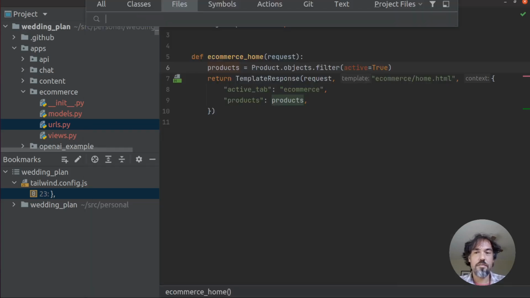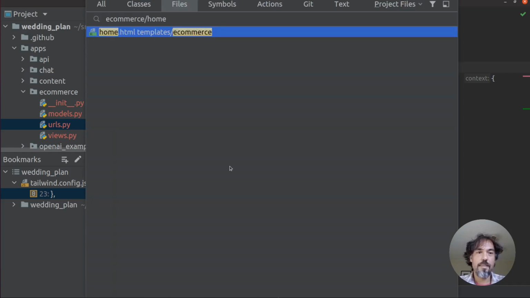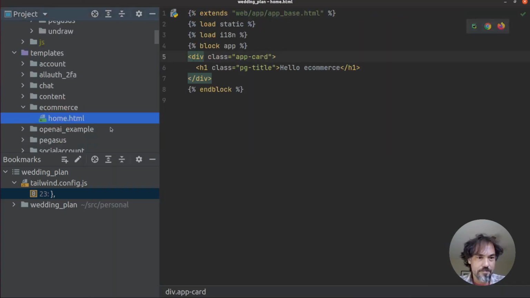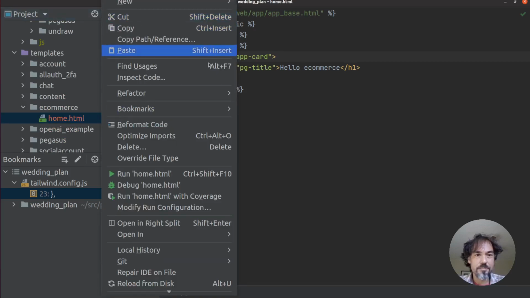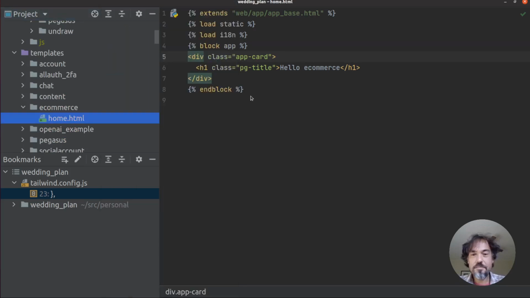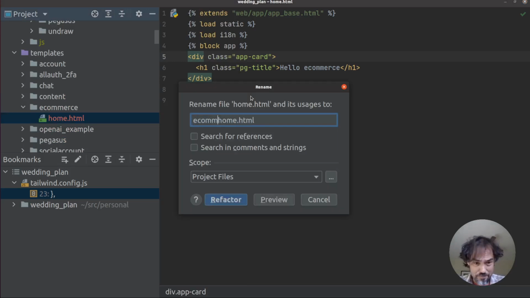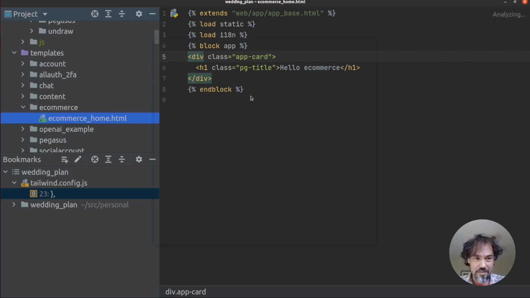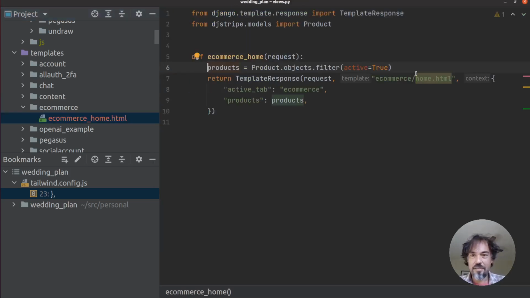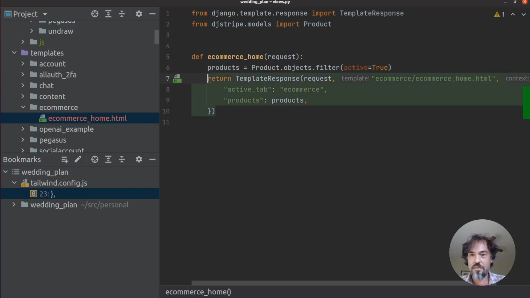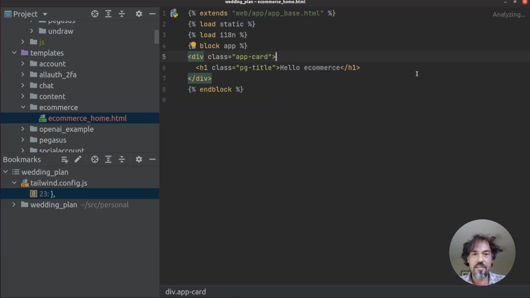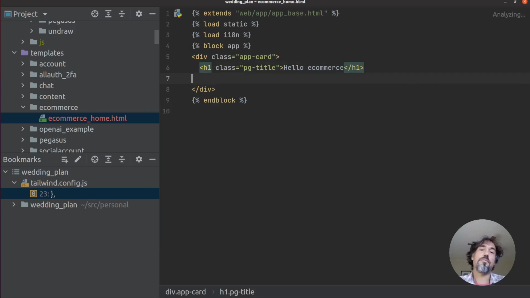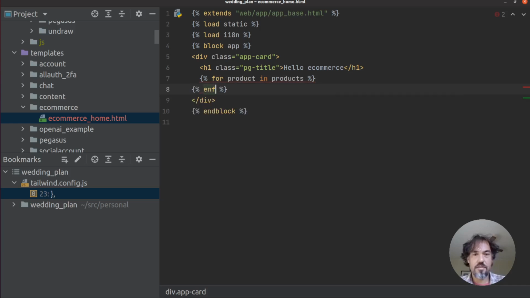that's not what I'm looking for. E-commerce home. You know, I'm going to rename this e-commerce home, just because if you have like 20 templates named home in your project, then it gets a little unwieldy. And then in the template, and again, we'll spruce this up, but for now, we'll just say for product in products, and for,